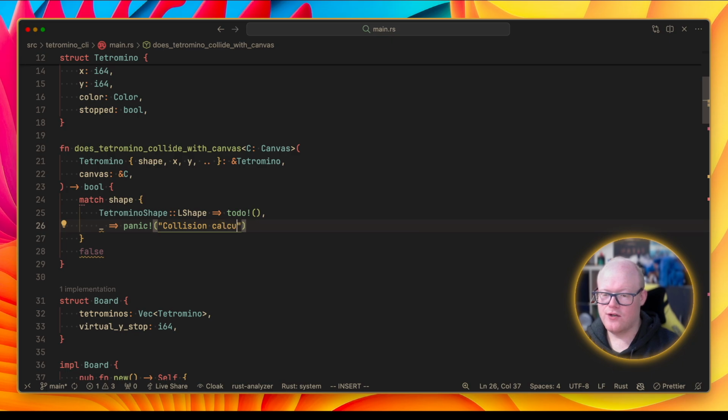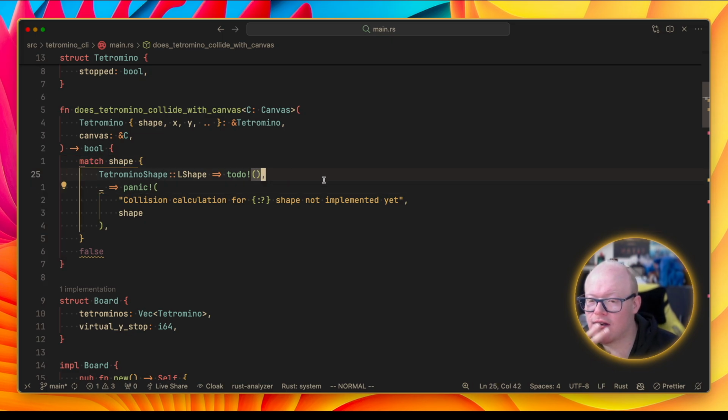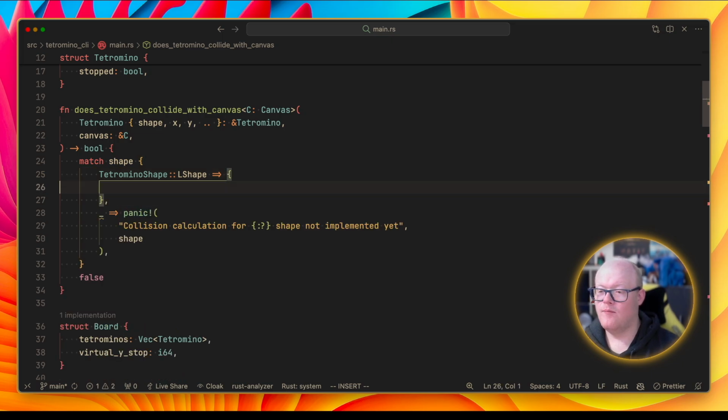Collision calculation for shape not implemented yet. And we just give it the shape. There we go. And then it will, yeah, it doesn't want the semicolon there. Okay, so now we need to implement that, and I guess what we could check is we could